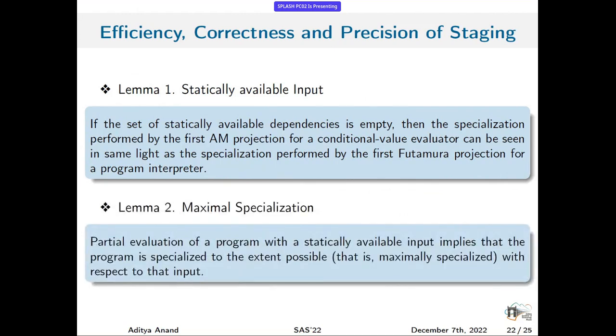The second lemma says that since partial evaluation of a program with statically available inputs means the program is being specialized to the extent possible, that is the maximal specialization, we can also say that if we evaluate all conditional values statically, then we are also specializing at a maximal level. Based on these two lemmas and properties,